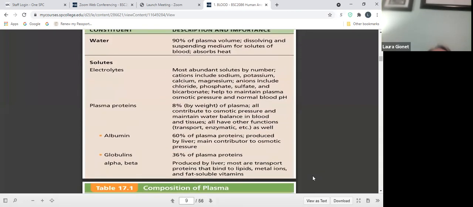All right, so this little slide, this is from your textbook, just talks about the same things, just in a different form. 90% water. You have lots of electrolytes, and over the course of this semester, we'll talk a lot about different electrolytes, and then in one of the last chapters, we kind of pull it all together a little bit. But the plasma proteins have big functions, the albumin and the gamma globulins, that are formed by the liver,